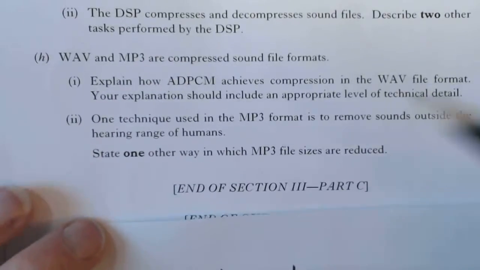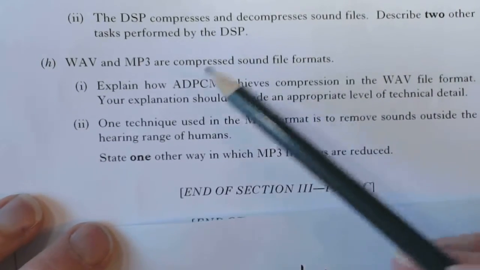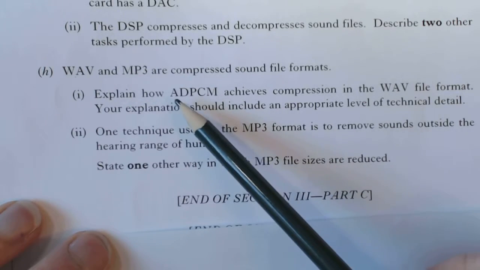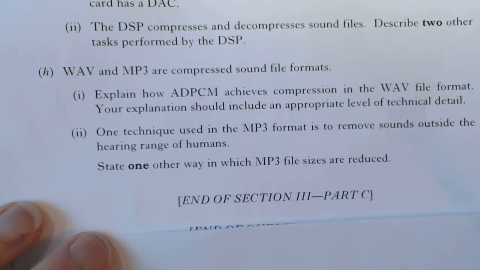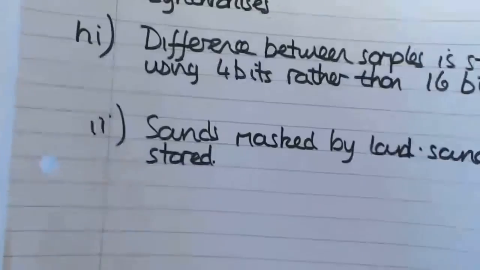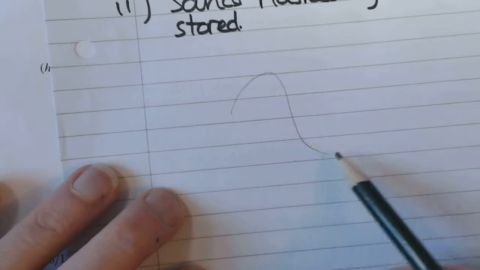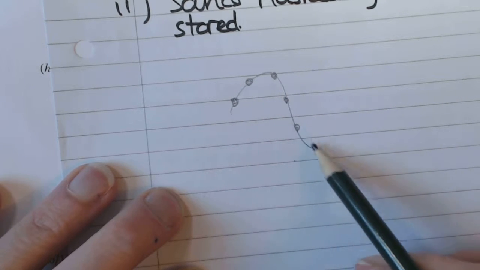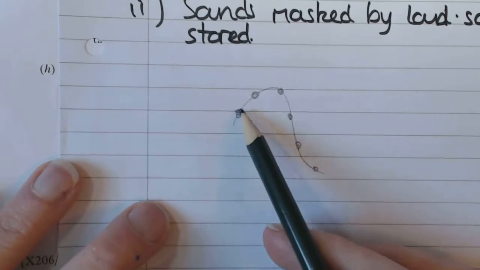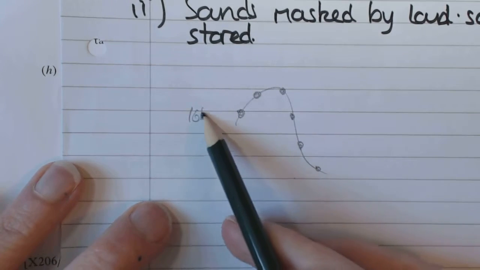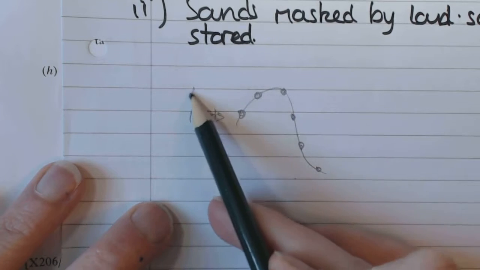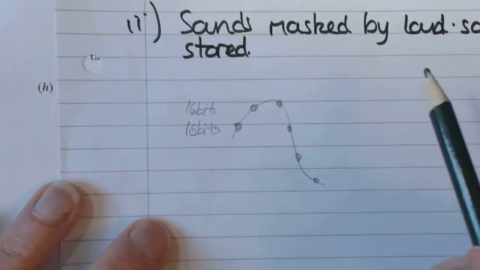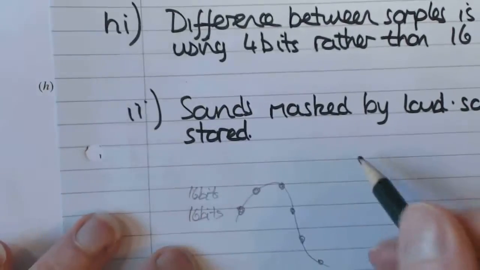You then have WAV and MP3, so they're two compression types, obviously: that's lossless and that's lossy. They're talking about ADPCM. This is when you have an audio file and you're saving each sample, and each sample would be saved independently, maybe using 16 bits for that and 16 bits for that. That's pulse code modulation. What this alternative is